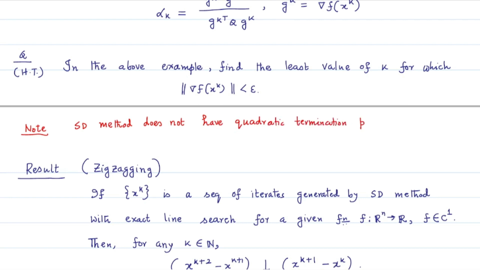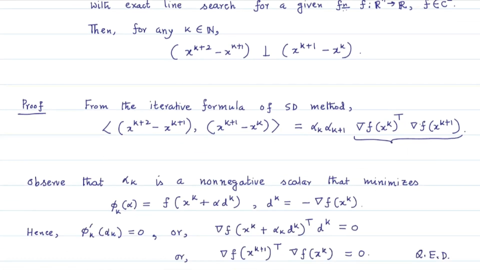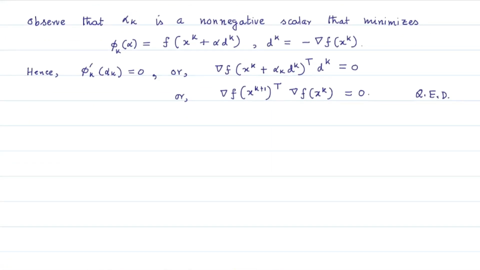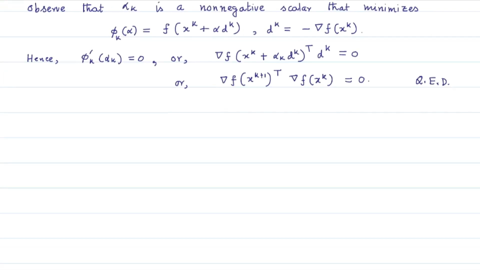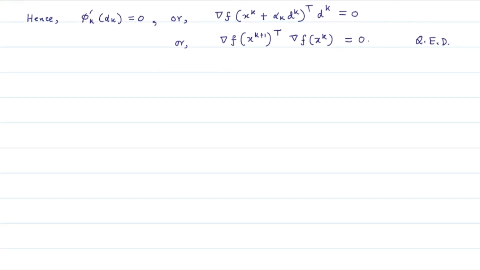That means the steepest descent method does not converge within n iterations to a stationary point for a quadratic function of n variables. However, if we take a very special kind of quadratic function that has level curves fully circles instead of ellipses, then the steepest descent method converges in one iteration. Let us prove this fact in an example, that the SD method converges in one iteration for the function